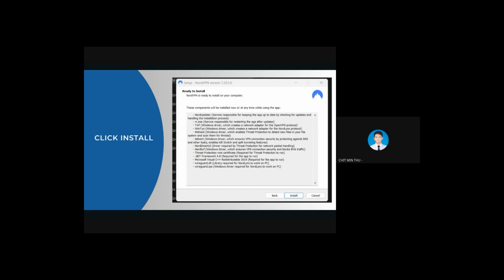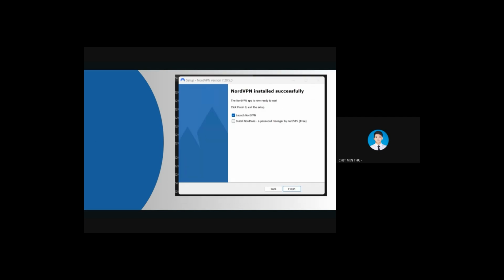If you click the install icon, next step, and then finish the installation, you will see two options: launch NordVPN and install NordPass, a password manager by NordVPN. It will be free for you. You only have to choose launch NordVPN, and if you click the finish button, you are ready to use